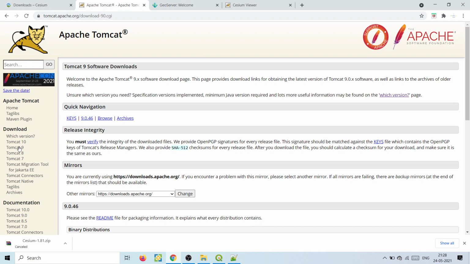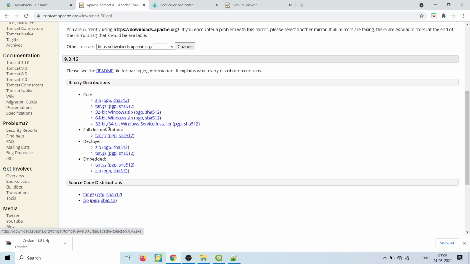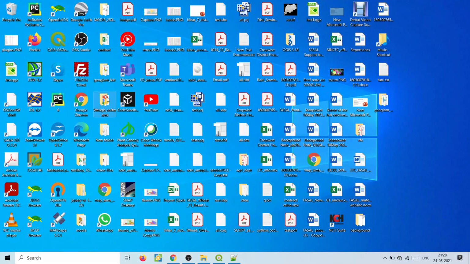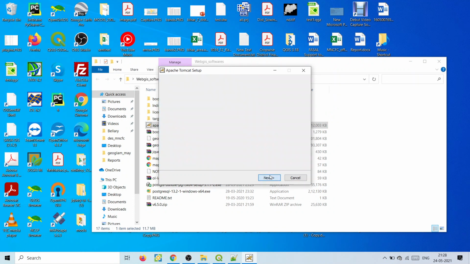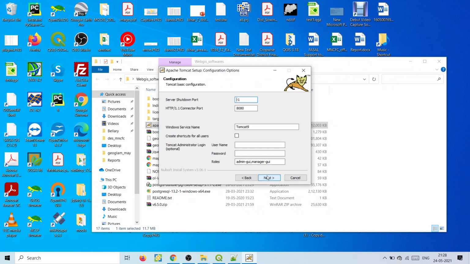Just click on version 9 here, and then click on 32-bit/64-bit Windows Service Installer. Once you click, you will be able to download the exe file. After that, very quickly I'll show you. Just double click the exe file, go on next, select the examples and host manager, next, and here